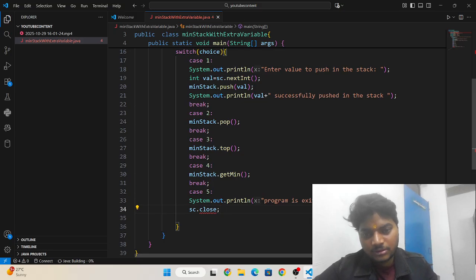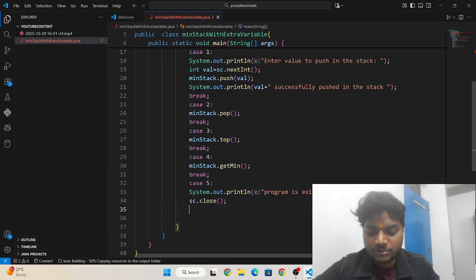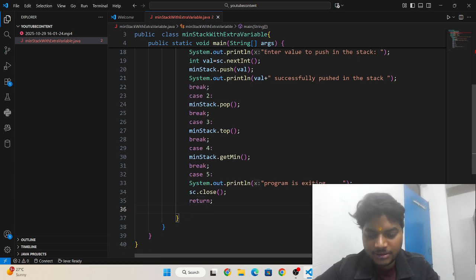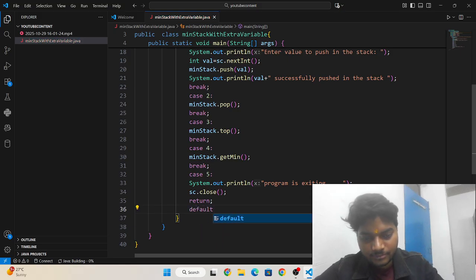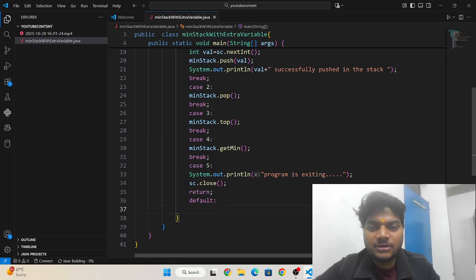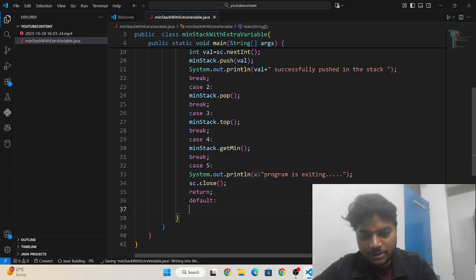Okay, and after that I need to return the process. Okay, and I need to write the default statement, default. Okay, if the user enters another choice like 7 or 8, which is not mentioned in the menu, it will print